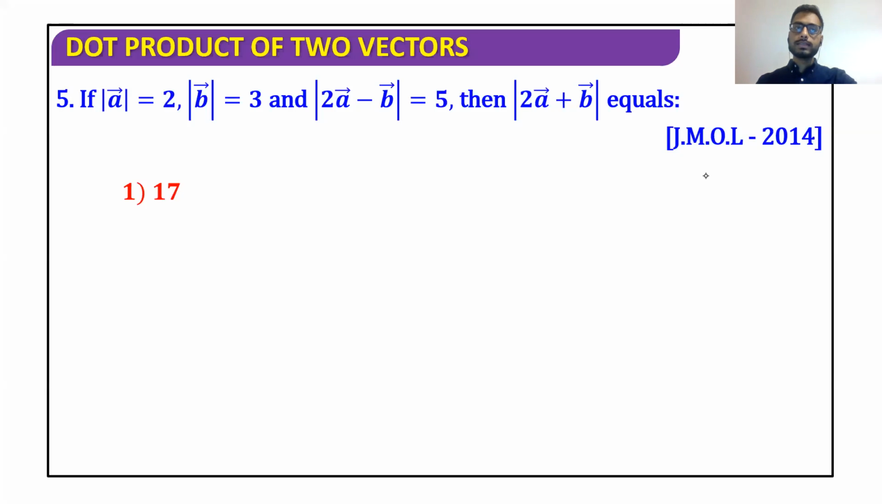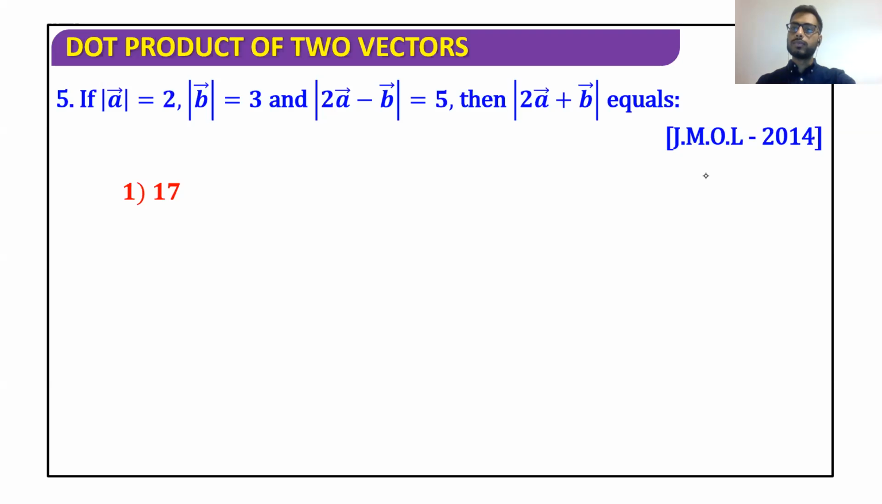In this particular case, a bar is given, b bar is given. Also, the value of 2a minus b is given. You have to find the value of 2a plus b. So whenever questions appear in this format, when a conjugate value is to be found, that is, the value of 2a minus b is given, but the value of 2a plus b is to be found,